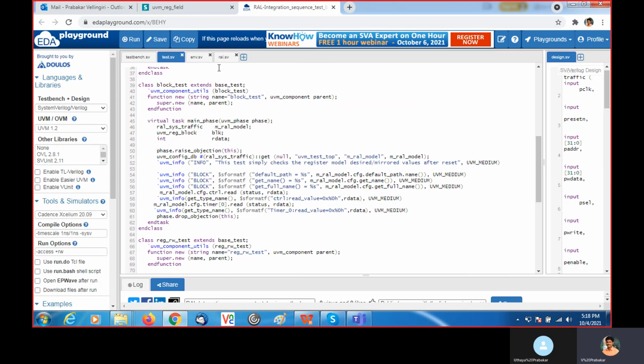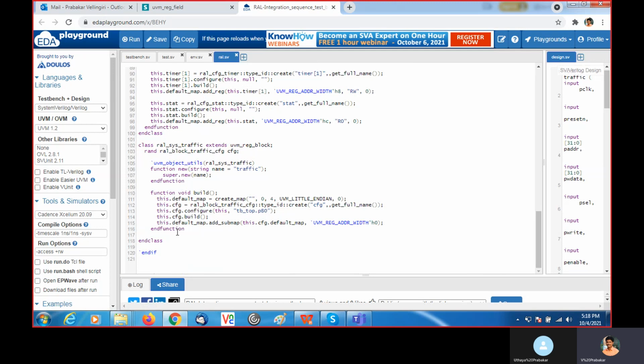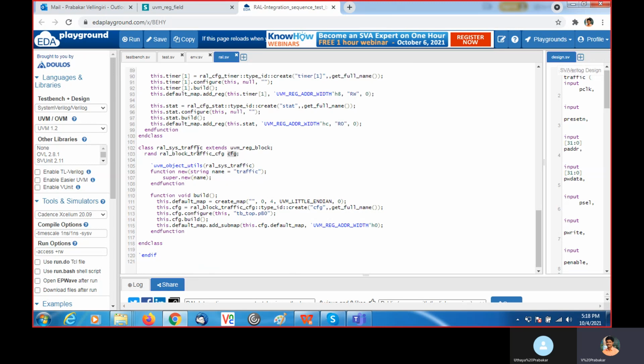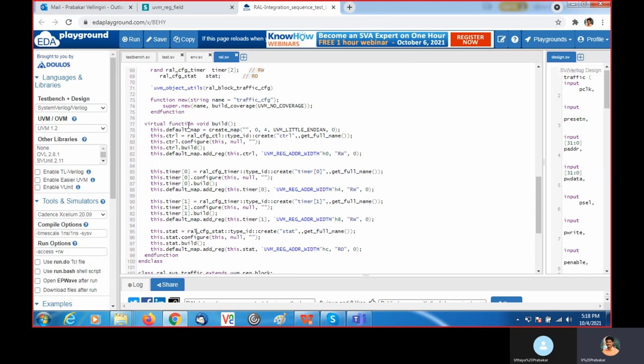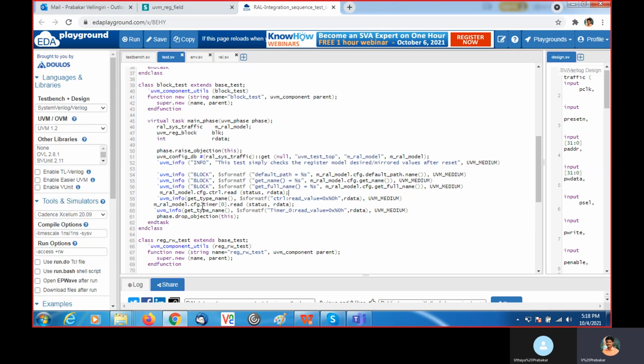Inside the register model CFG, this CFG is nothing but the submodel handle. Inside the submodel handle we have all these registers. In that I am going to access the control register dot read. Dot read, we need to pass the arguments.